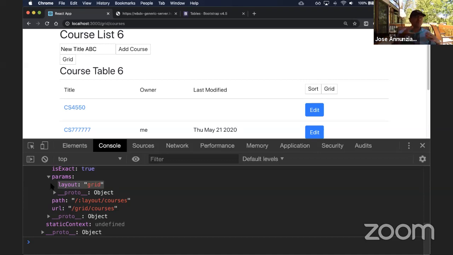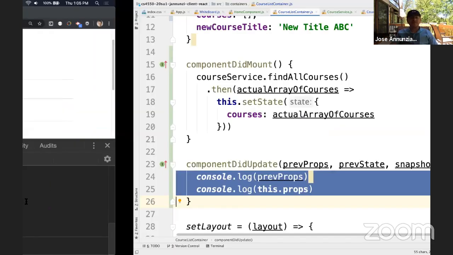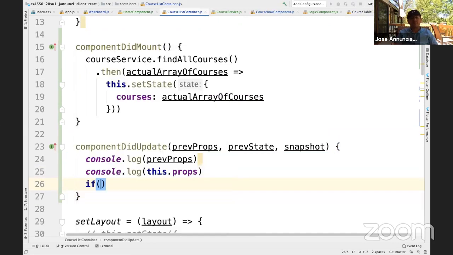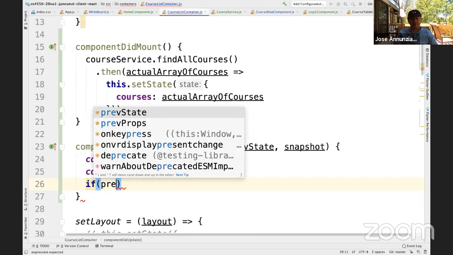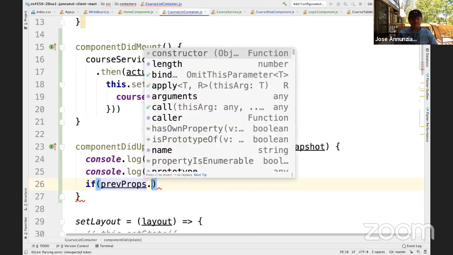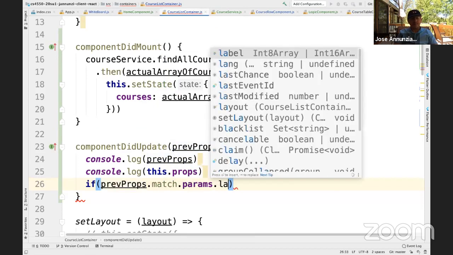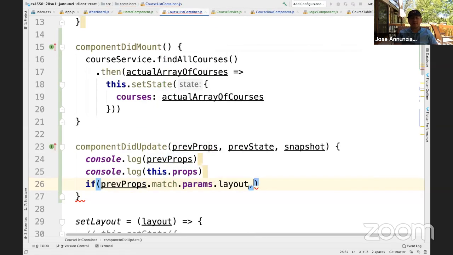React.js is putting a burden on us developers to notify that, hey, your state needs to be updated, right? So let's do that. What we're going to do is compare. We're going to say if indeed the previous properties, dot match dot params dot layout, if the layout is not the same, if it has changed, it's not the same as the